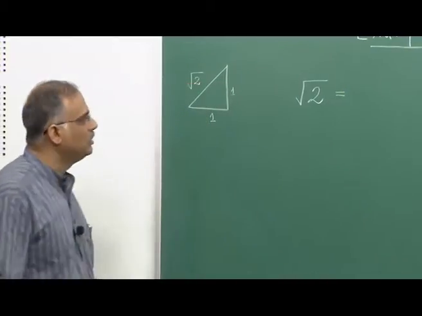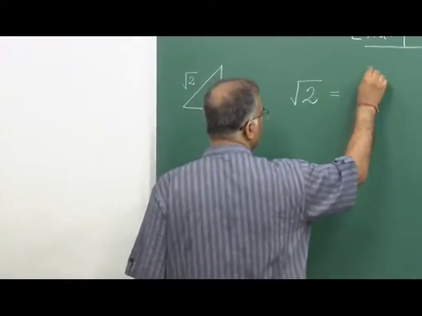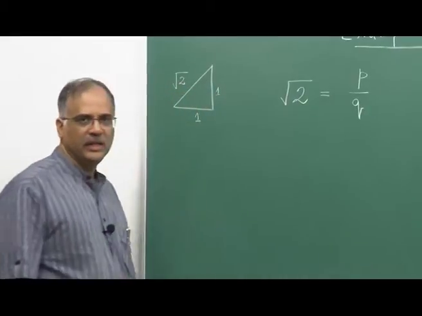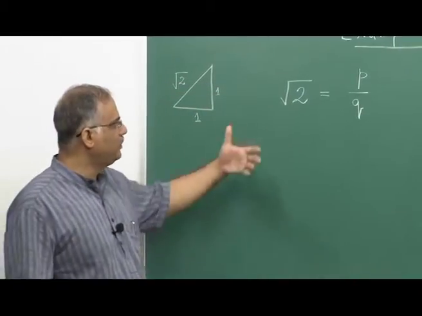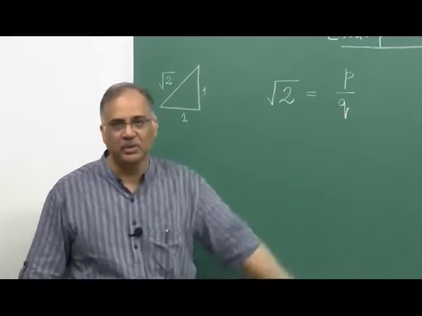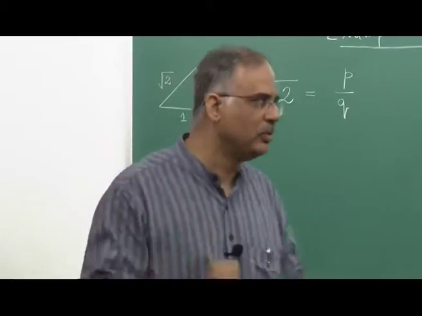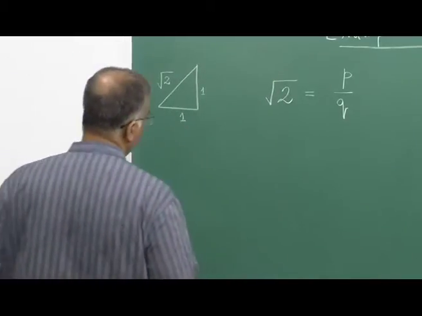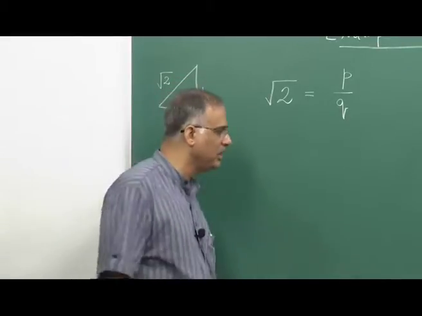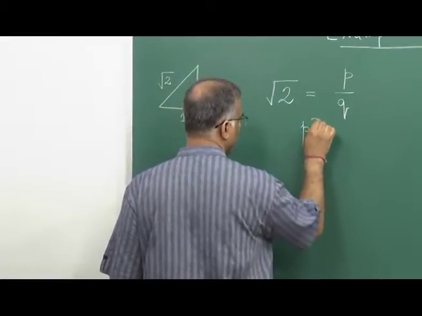So, now when you look into this, how do you prove it? The proof is again using the method of contradiction, in the sense that if I want to prove that it is irrational, I consider that it is rational and I take it in the form p by q, and then show that I have goofed up somewhere, there is some contradiction. Proof by contradiction is one of the biggest tools the mathematician has, and he uses it repeatedly everywhere. So, what we do next is we square it,